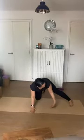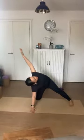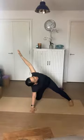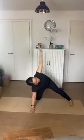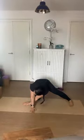forward. Just make it comfortable. Maybe there's a bend in your knee. Inhale, rotating. You can look up at your fingers as an option. Start to feel that openness in your chest. Good. And then as you exhale, lowering your arm, sliding your hand between wrist and knee, your right wrist and